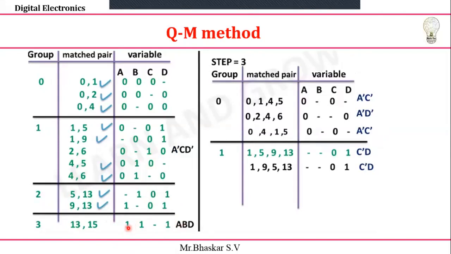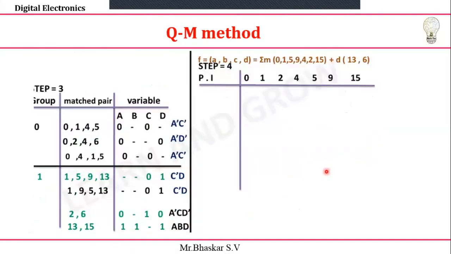Similarly here it is abd, a b, and the last bit it is 1, taken as a d. So these two I'm going to write at the end, the remaining things we already represented here, up to here, and we are going to take one at the end. So this is the final reduction in the tabular method. Now we need to reduce our prime implicants. This is very important and interesting.